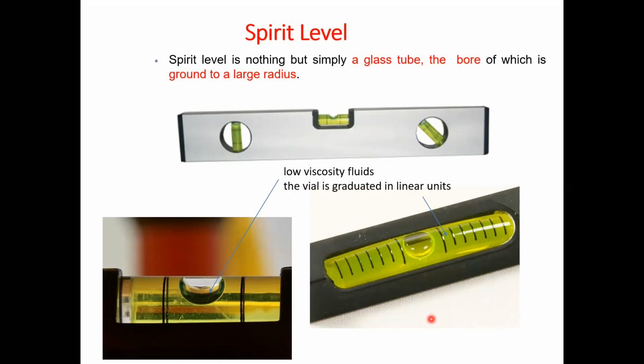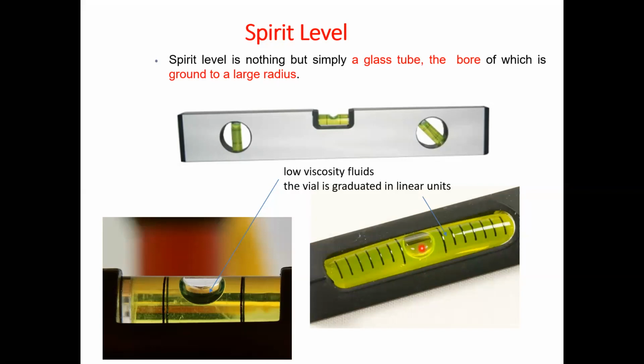If you fill the tube by leaving a small gap, automatically one bubble is formed in this. The bubble always tries to lie at the highest position in the tube. If the tube is placed on a horizontal surface, and if the surface is purely horizontal, in that case the bubble will lie at the center in between these two divisions. If the bubble lies here, you can conclude that the surface on which the spirit level is placed is a purely horizontal surface. No variations on the surface. It is purely smooth surface.